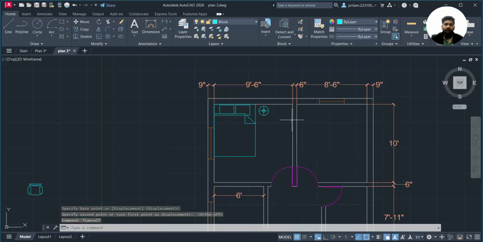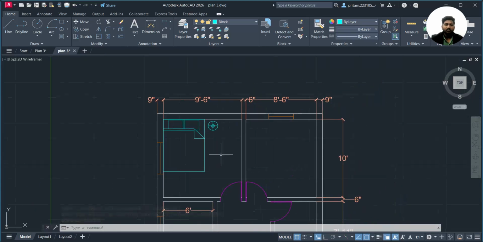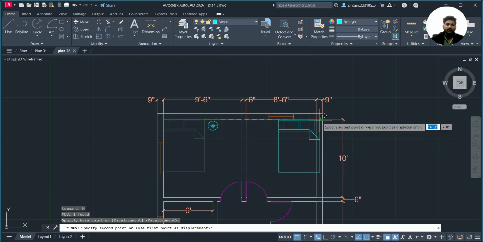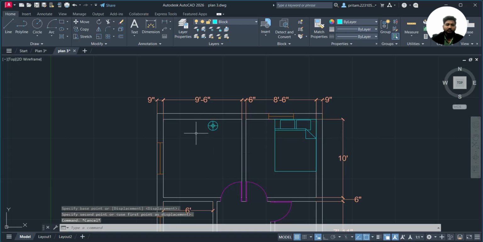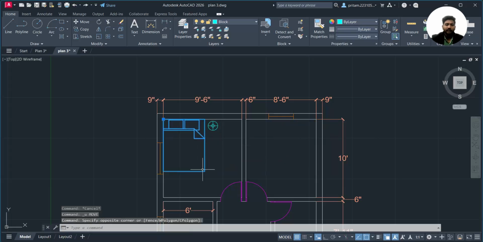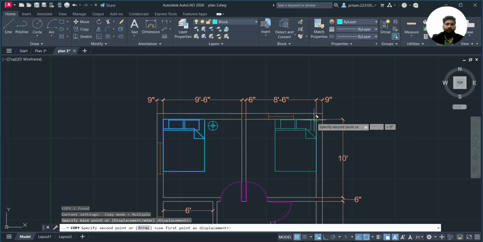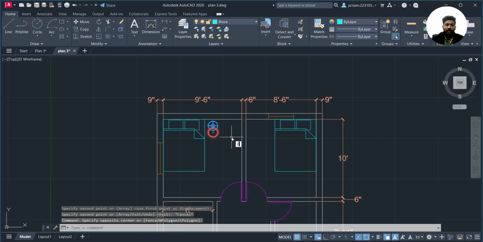Same way we can add for this bedroom also. Just choose this bed, just press M, enter. Then we have to drag this end point, and just choose this point. We have moved it, and now we have to copy it. Just select it, CO, enter. Then we have to select this part, then choose this part. Okay, then we have to choose this part, CO, enter,